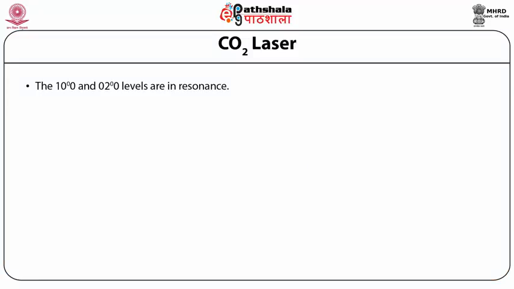The high density of population arises principally from three factors: the long vibrational lifetime of the asymmetric mode of CO2, the near resonant nitrogen carbon dioxide energy transfer, and the large cross section for the production of the vibrationally excited nitrogen through inelastic collision with electrons. Population gain from other levels of this asymmetric mode. The 1000 and 0200 levels are in resonance.